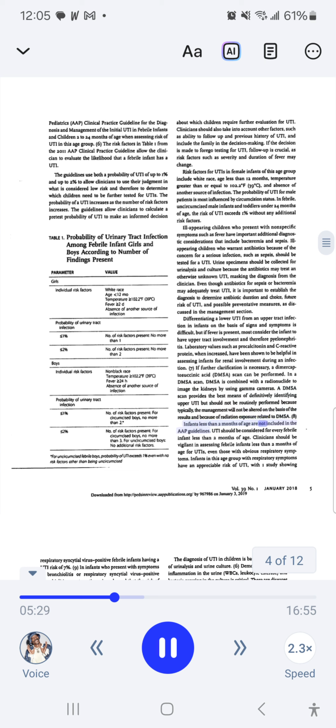Infants less than 2 months of age are not included in the AAP guidelines. UTI should be considered for every febrile infant less than 2 months of age. Clinicians should be vigilant in assessing febrile infants less than 2 months of age for UTIs, even those with obvious respiratory symptoms. Infants in this age group with respiratory symptoms have an appreciable risk of UTI, with one study showing